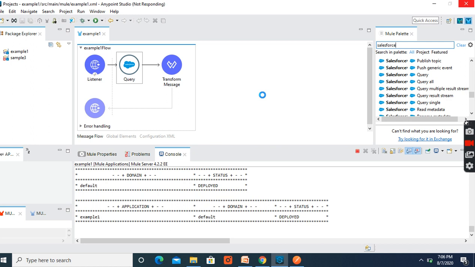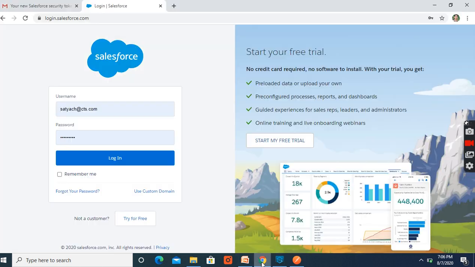So before integrating Salesforce with MuleSoft, you need to be registered with the Salesforce application. Once you register, you'll get a username and password using which you can log into the Salesforce application.